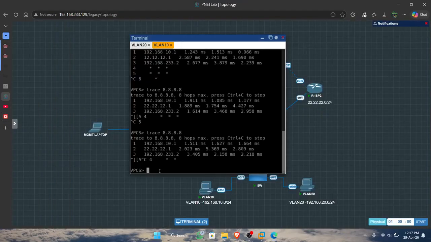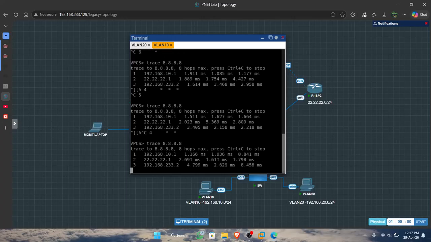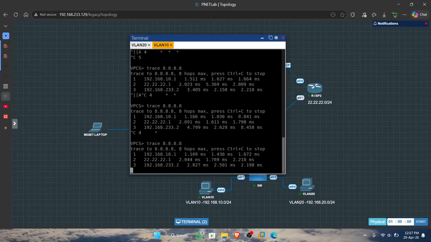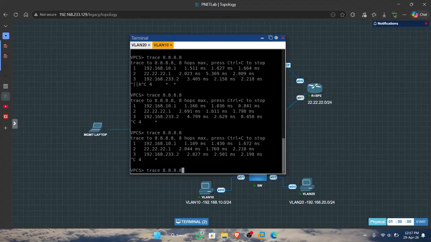You can show this by tracing it again. The packets do not change route.